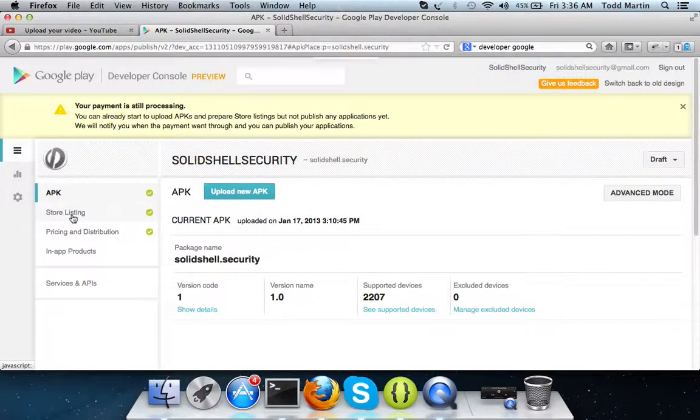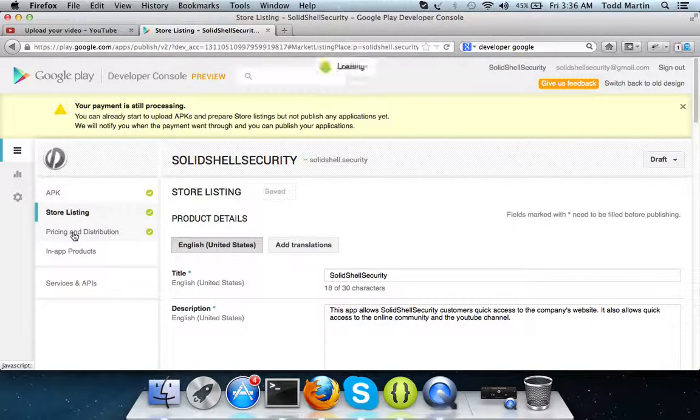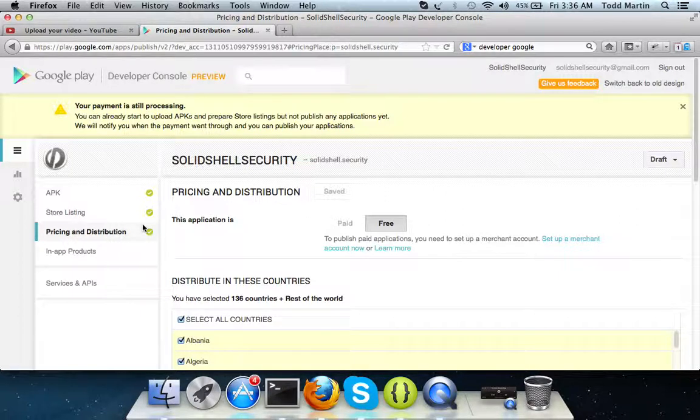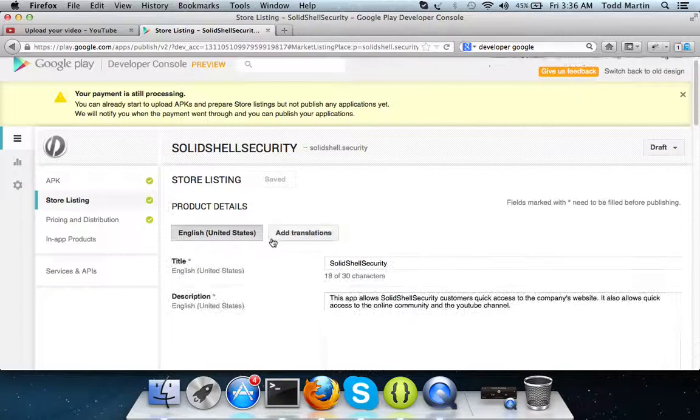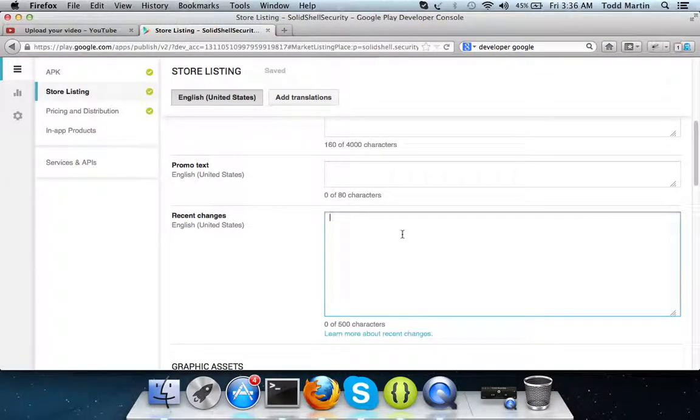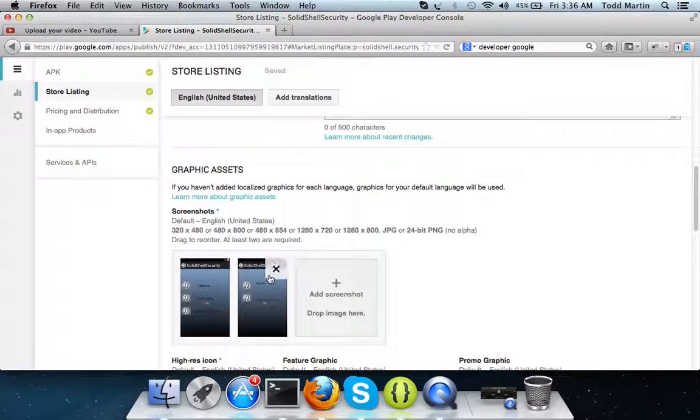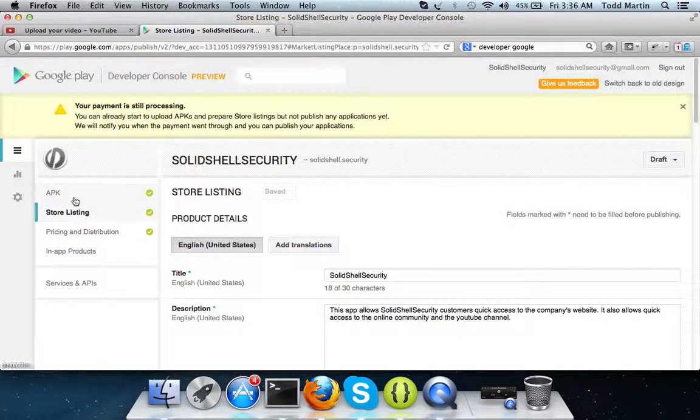Another really cool thing is whenever I want to update it, instead of having to go through and complete a completely new application on the development center, go to store listing, recent changes. Here's where I log recent changes to the application. Go to the APK